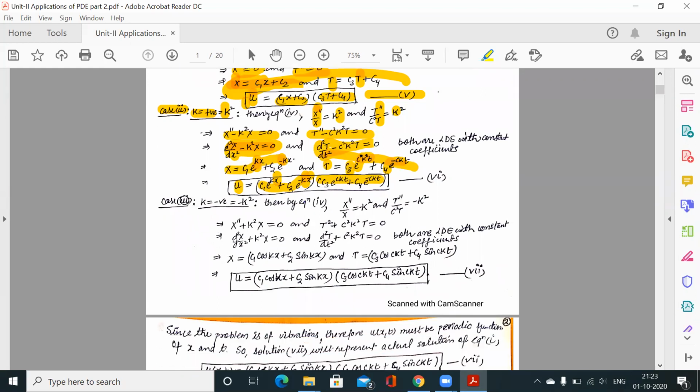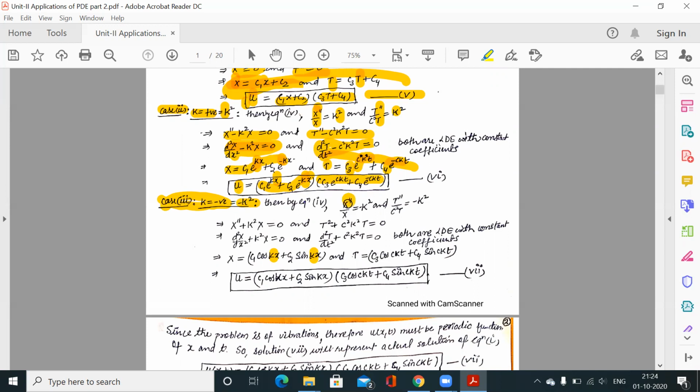Similarly, when k is negative, again I have written minus k square for the same reason: if we write it as k, then the square root of k would appear in the solution. This is to avoid writing square root k again and again. I am just considering this as minus k square, which is valid because this is negative. So minus k square is always negative, so we can take it in this form, minus k square.